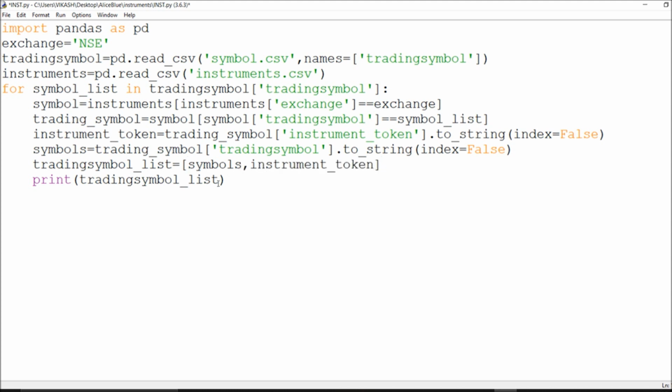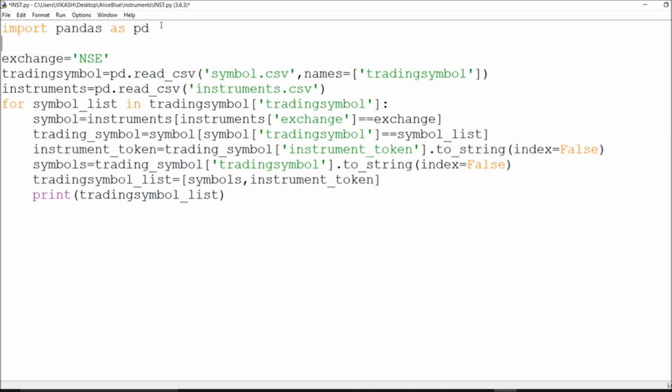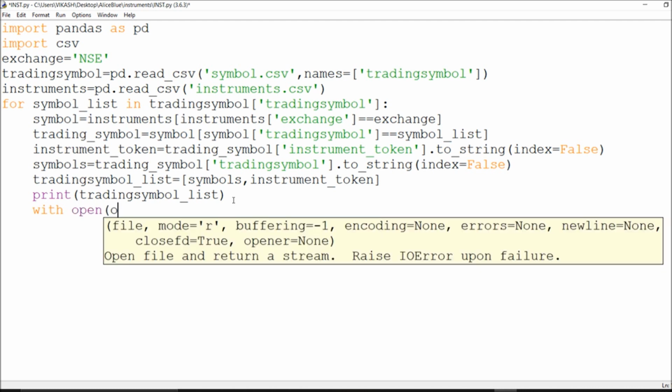Right now I want to store this stuff, so I have to call this CSV. I have to say import csv. We exactly know how to call CSV, so we'll say with open trading symbol dot csv.